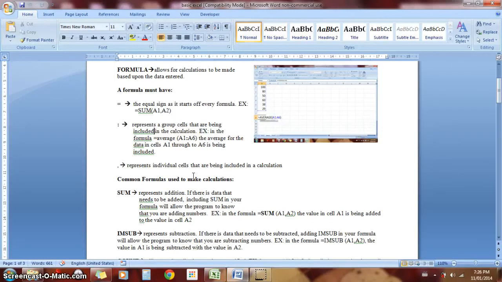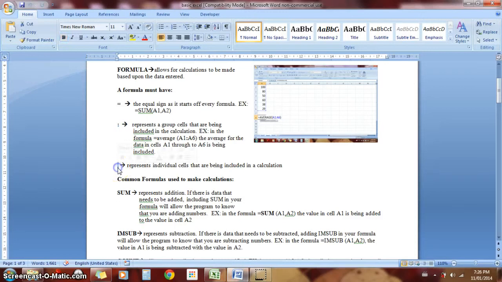So formulas are made up of essentially 4 items. And there are a couple of things that you need to know when creating a formula. The first thing is every single formula will have an equal sign in front of it. This is telling the software that you've created a formula and you would like an answer to the formula that you've put in. The second thing that you need to know when creating a formula is this colon right here,